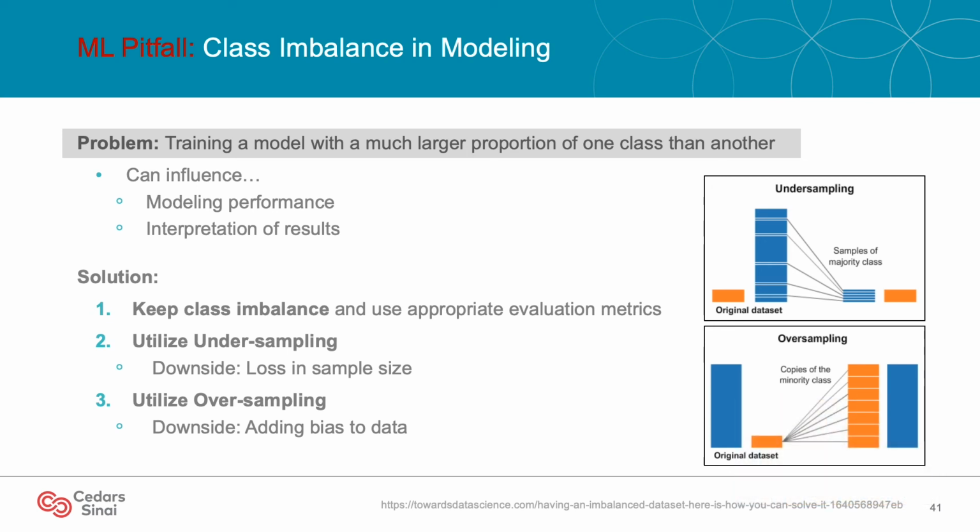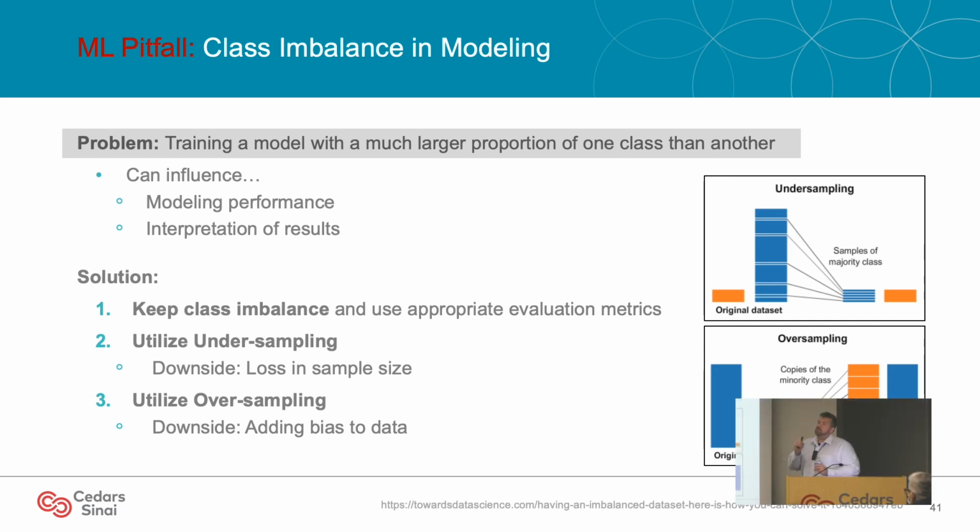The other option is to oversample. That is, as you might expect, oversampling the minority class. So you're basically duplicating it until you have a pretty balanced data set. Don't do this. That's my recommendation. I think it's a bad idea. You don't know how this is going to impact your analysis. You can try it, but just be really, really skeptical of your results because you're basically manufacturing data, for all intents and purposes.